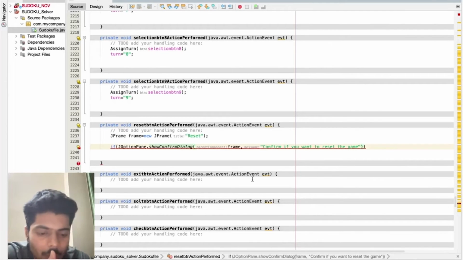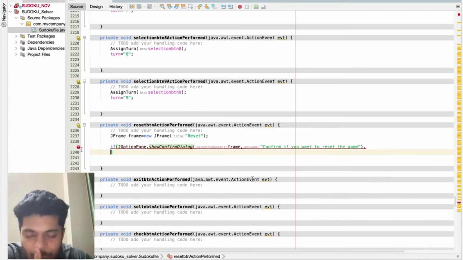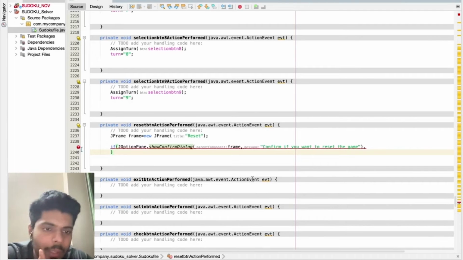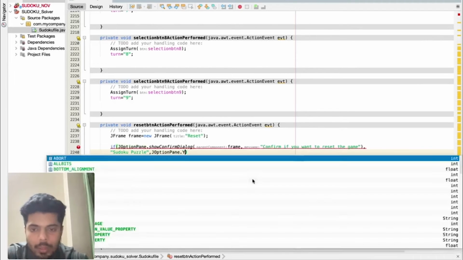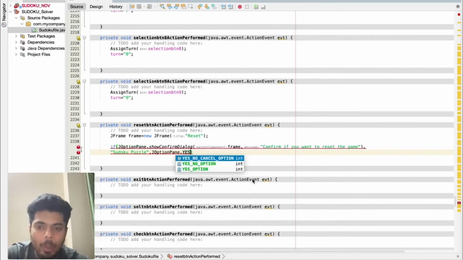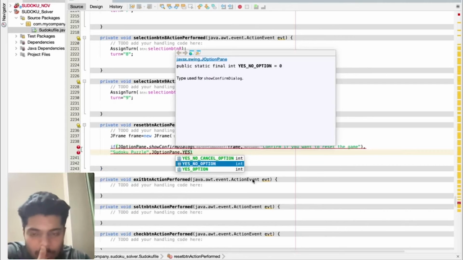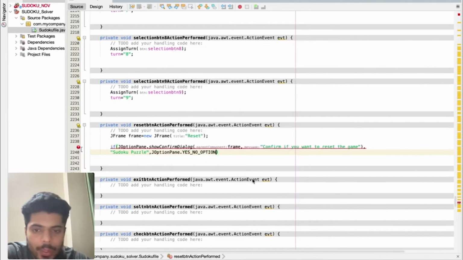Now, if they click, what options can we provide? We can provide either options as true or false. I can give the title also, Sudoku puzzle game, and then I'll say JOptionPane dot YES_NO_OPTION. This can be helpful for us.